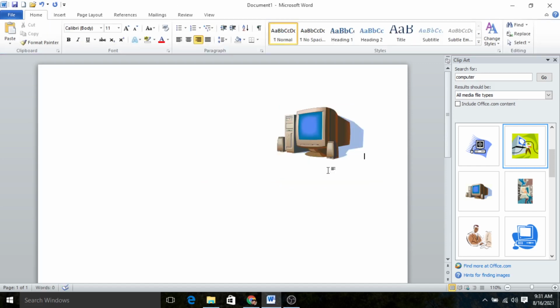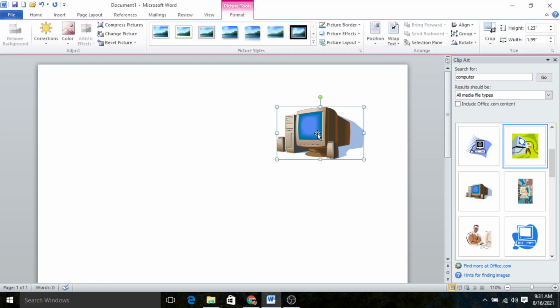Now the next thing is the text wrapping option for a picture. What is text wrapping? MS Word provides an option for text wrapping and positioning to arrange the image and text in the document. To access this option, click on the drop down arrow from the Position and Wrap tool on the Picture Tools Format tab. When you click on the picture, a new tab will open, that is the Format tab.